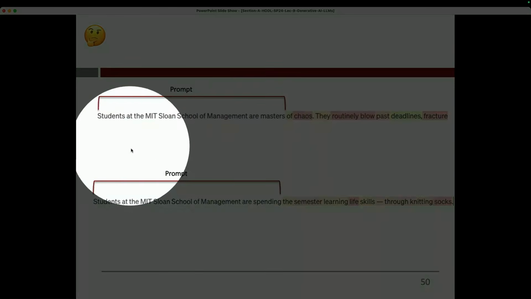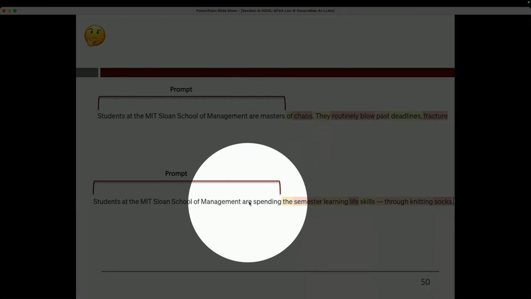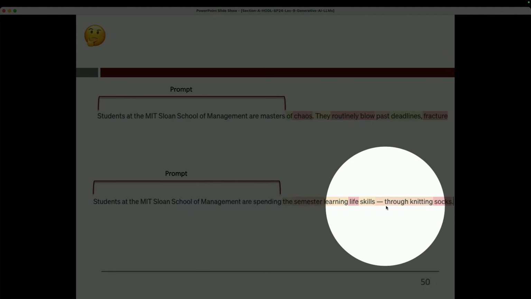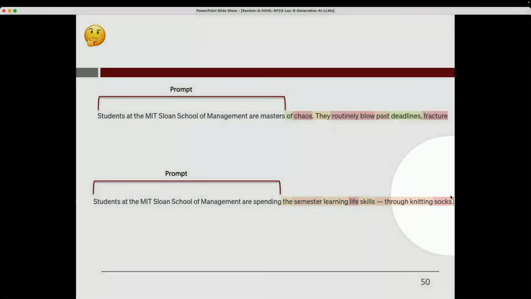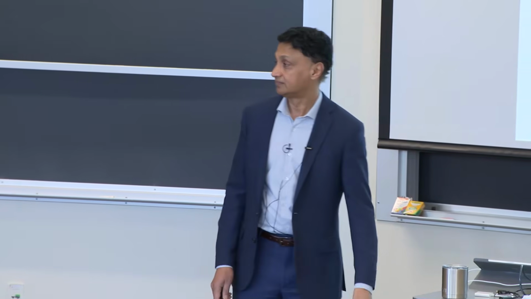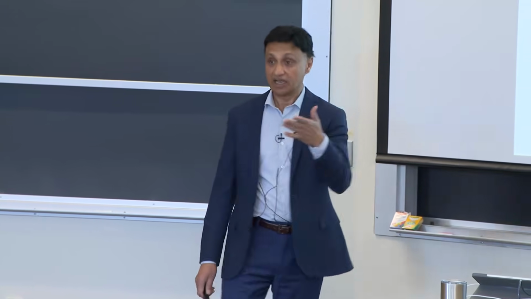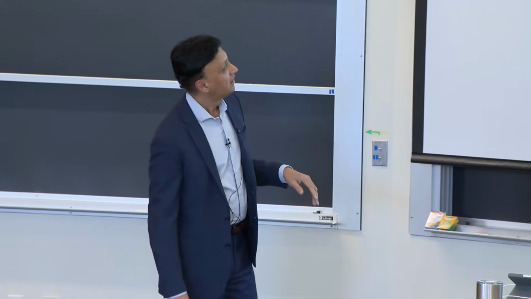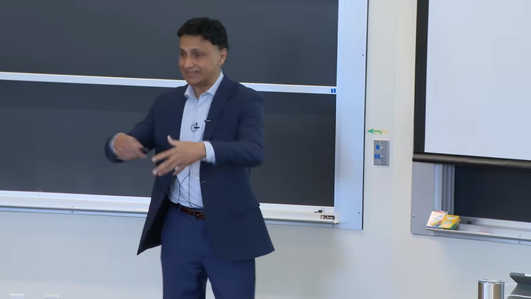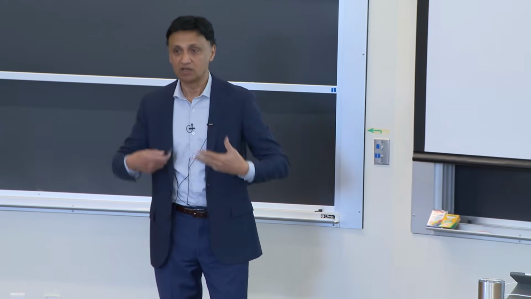Then I said students at MIT School of Management are spending, which is the other unlikely word. The semester learning life skills, so far it looks promising, through knitting socks. I'm not making this stuff up. This is GPT 3.5. So yes, it will go off the rails. You have to be super careful. And so the way we tame random sampling to make it work for us...